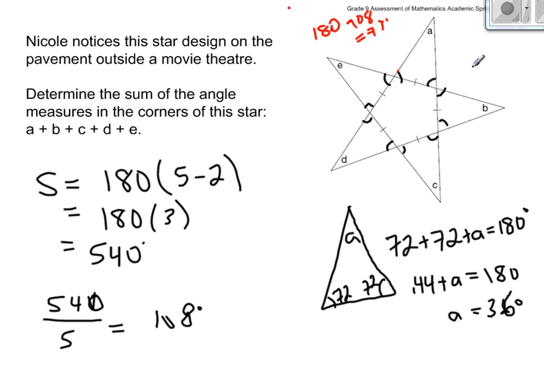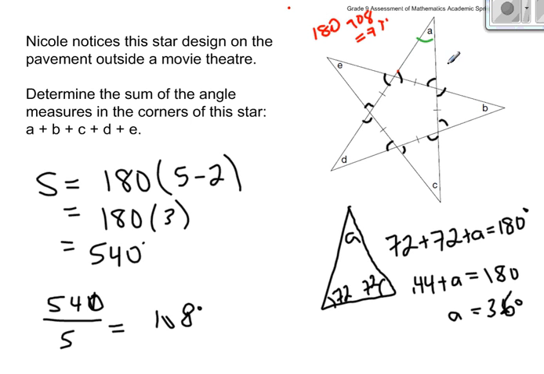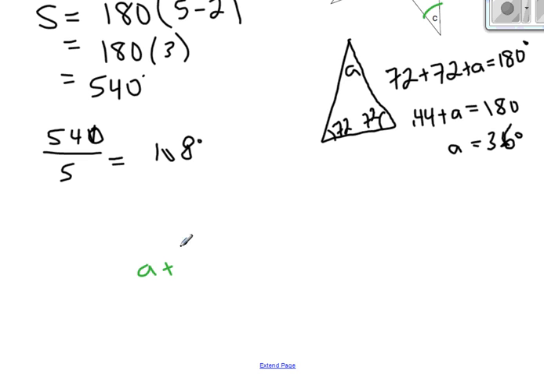Now, exactly the same math will tell me that if A is 36, B is 36, C is 36, D is 36, and E is 36. They're all 36 degrees. And therefore, A plus B plus C plus D plus E is 5 times 36 degrees, which is